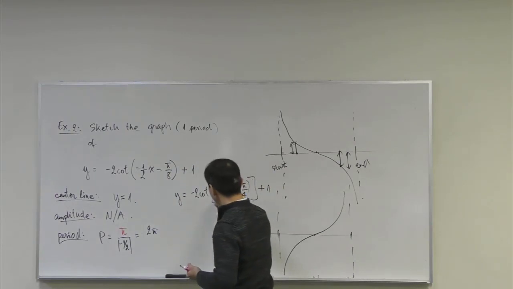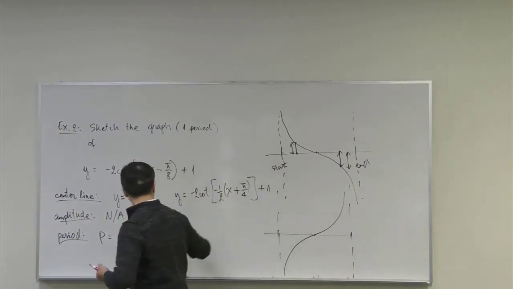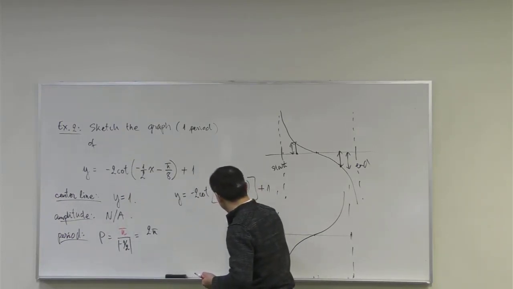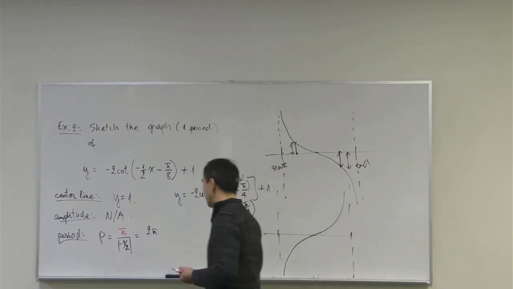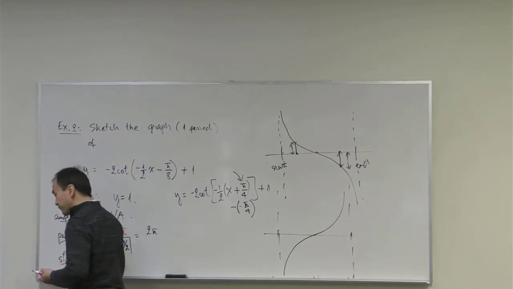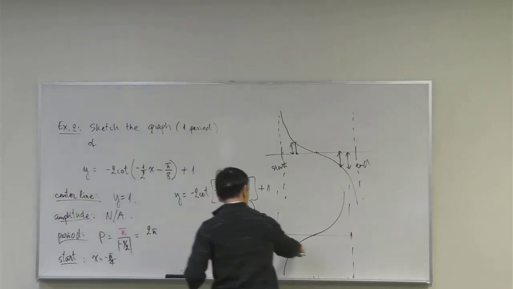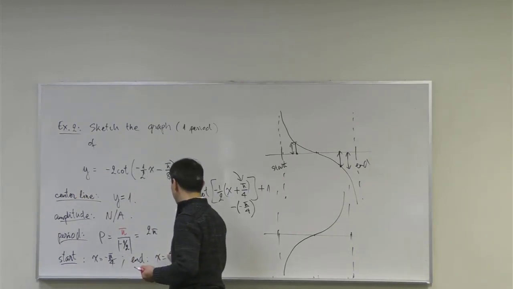Factoring out the coefficient in the x term right here is also showing us the starting point, because we think of that as minus -pi over 4. And that's an extra interpretation of that. It also means we place the first vertical asymptote at x equals -pi over 4. And then the ending vertical asymptote is at